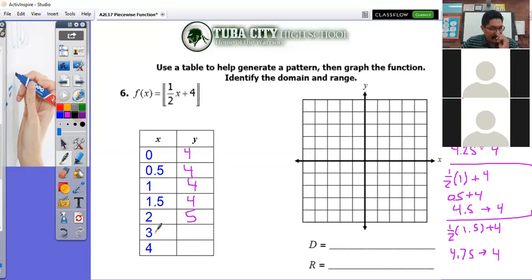And let's go ahead and go with 3. So I'm going to plug 3 in there. What's half of 3? That'd be 1.5. So that'd be 1.5 plus 4, which would be 5.5. Take 5.5, round it down, and you would get 5. And 4,